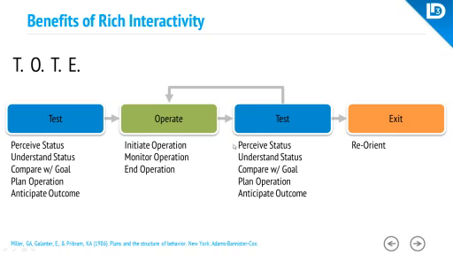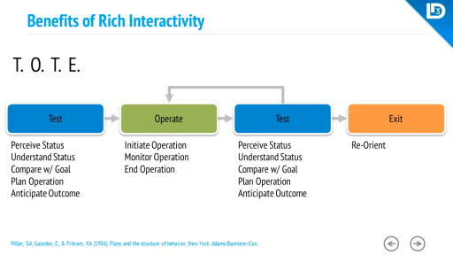And after that, I basically go back and do the same thing as I did before, which is now that I did something, what's my status? How does it relate to the goal that I have in my mind? What next should I do to get even closer to my expected outcome? And then, since this is iterative, either I have done and accomplished what I wanted to do, and then I can exit this flow and reorient myself maybe to the next thing I want to accomplish. Or if I'm still not there in this phase, I have to go back and do another operation. So it's the most simplistic of all the cybernetical models out there.